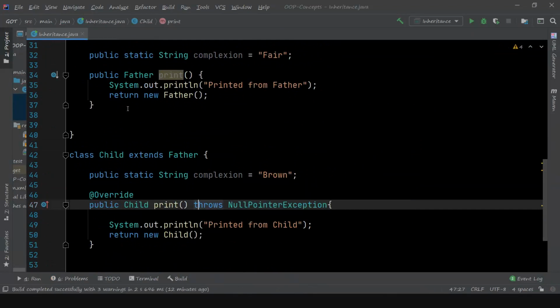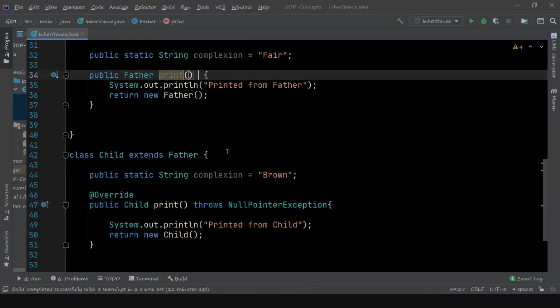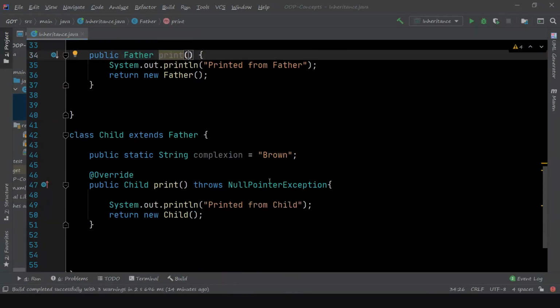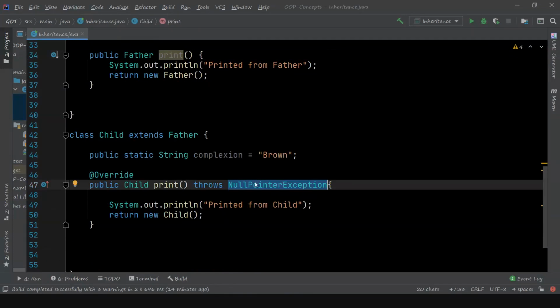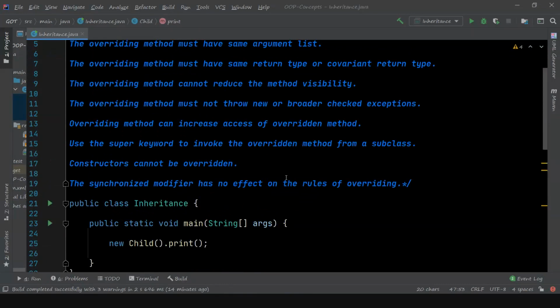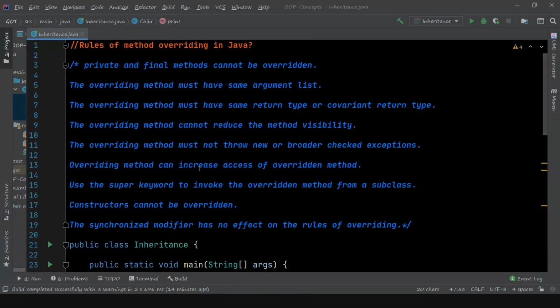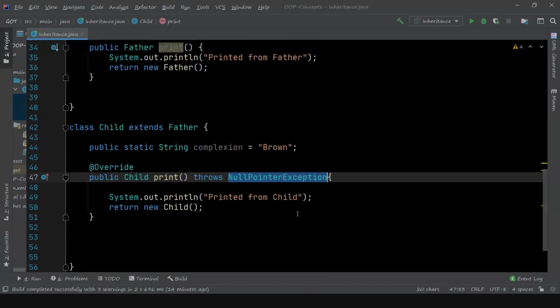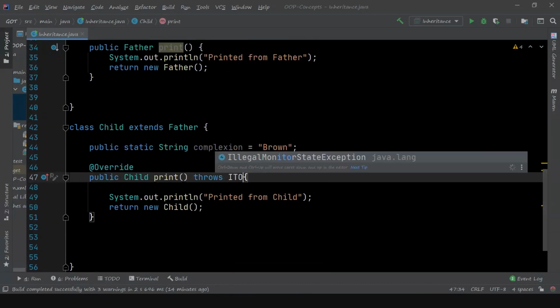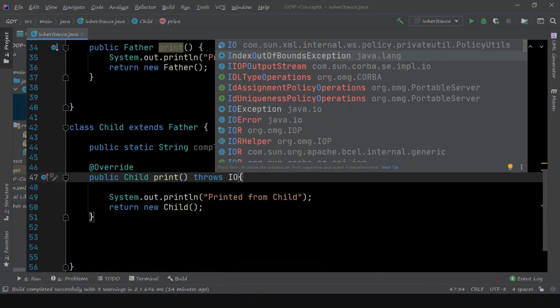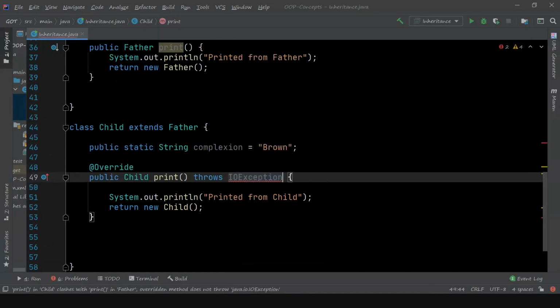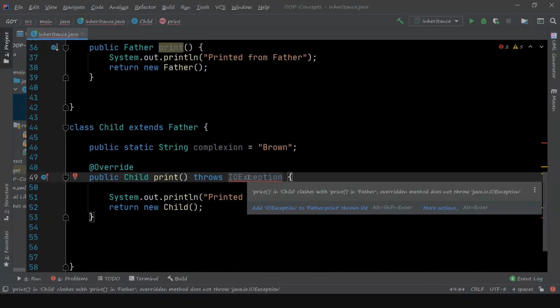Now it does not show any error, because we can see NullPointerException. There is no problem here because NullPointerException is not a checked exception. The rule says you cannot throw new or broader checked exceptions. Now if I change this NullPointerException to a checked exception like IOException, it will throw an error saying that it is not possible.